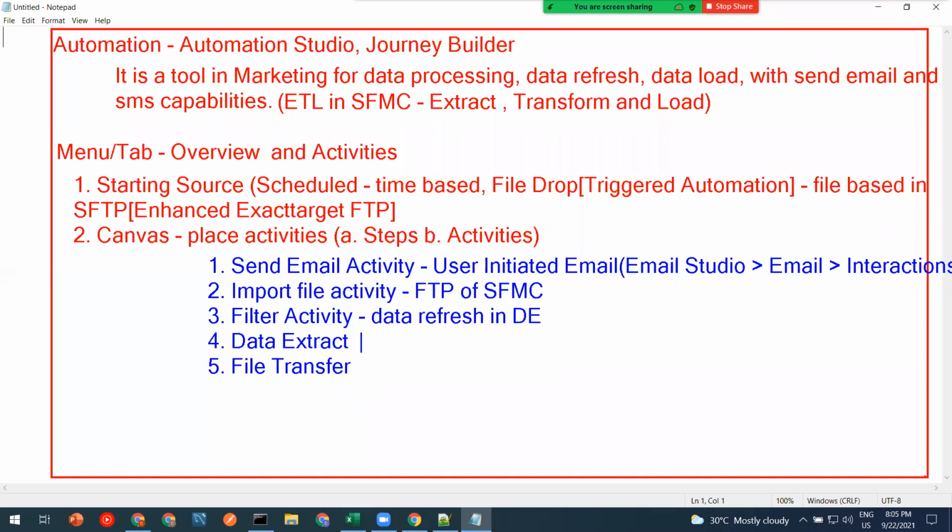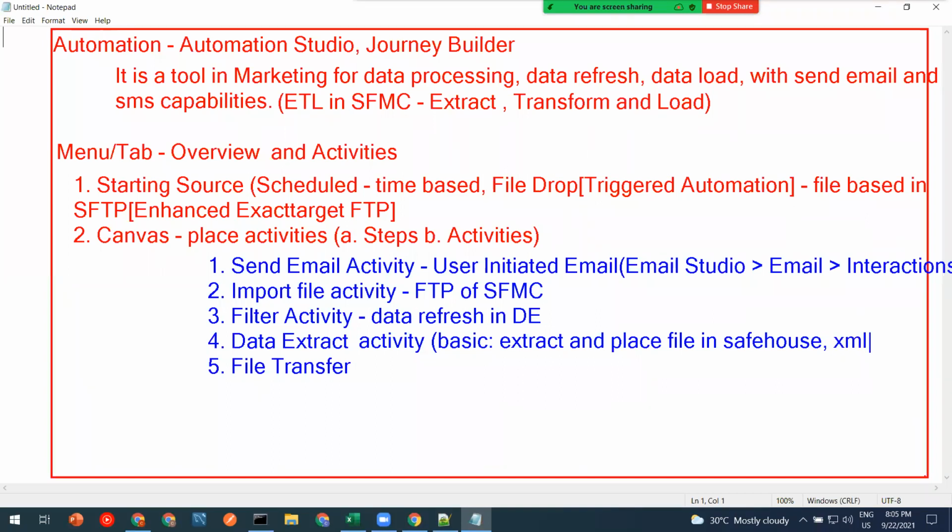I would like to highlight a point here. The data extract activity has overloaded functionality. What is the basic work? The basic work is to extract and place the file in the safe house. The safe house, as the name says, is safe and no one can access it; only SFMC data extract can access it. The second job is that it can convert XML to CSV.